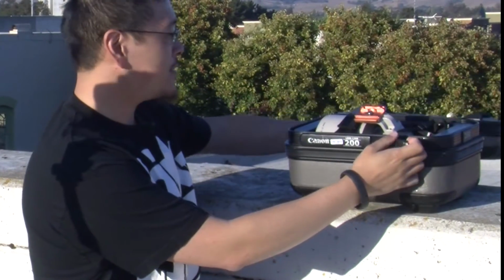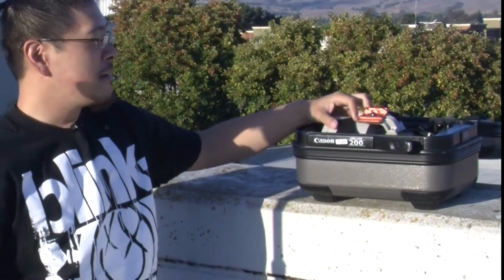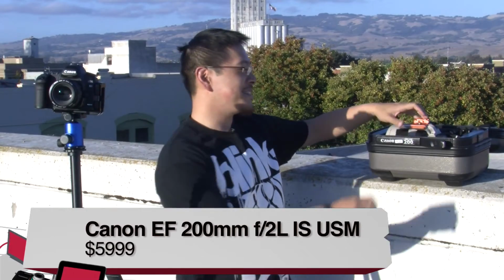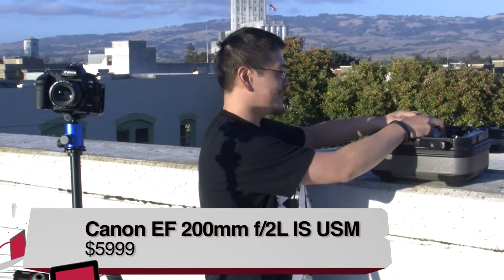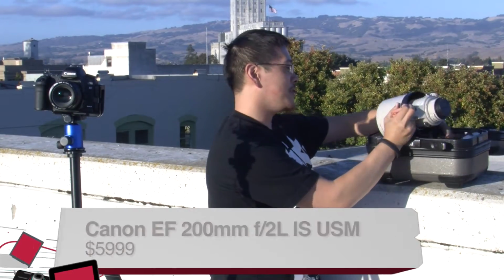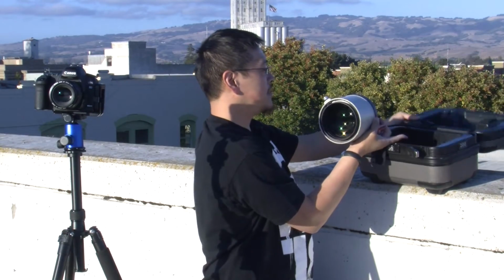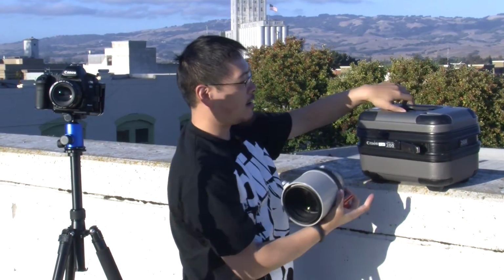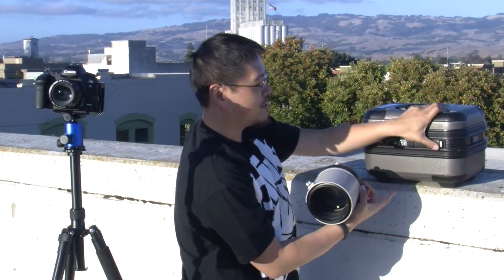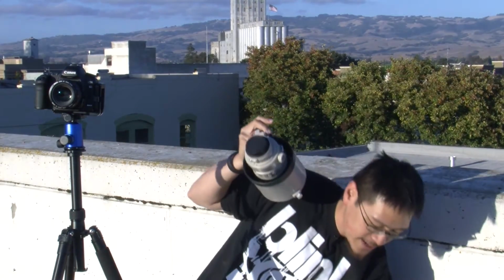It is actually a rental because it is MSRP at $5,999. You could buy it used for about $500 less. So if you are looking for a lens of this caliber and cost and price, just buy a new one because it's only a $500 difference. So here is the lens, and you can tell it's a little beat up from being